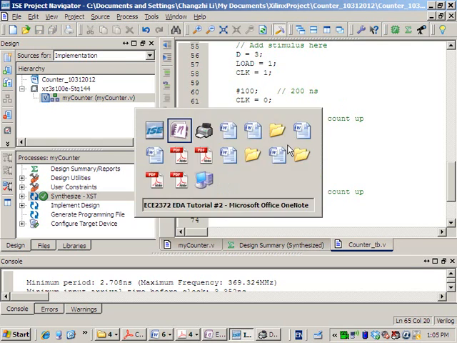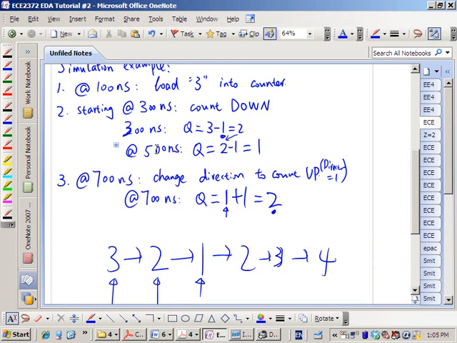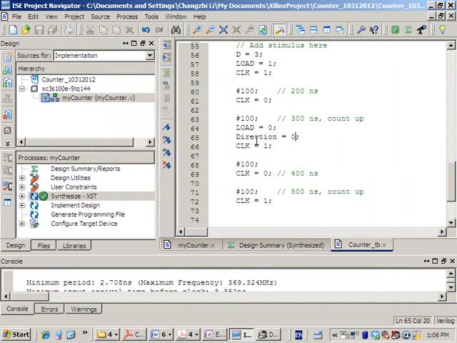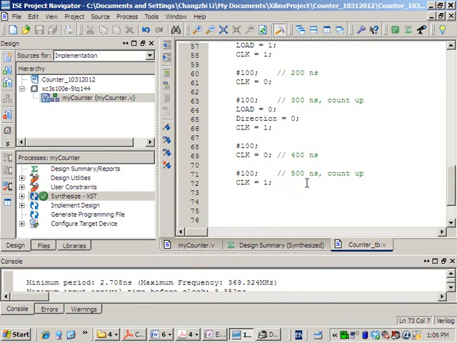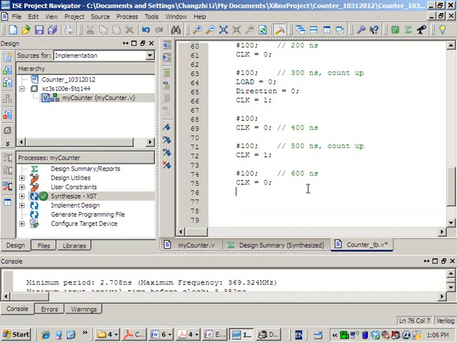So we count down. But at 500 nanosecond, we still count down, so I don't have to change the direction, right? So we set clock to be 1, and after 100 nanosecond, we have to pull clock to low again. Okay, then we come to